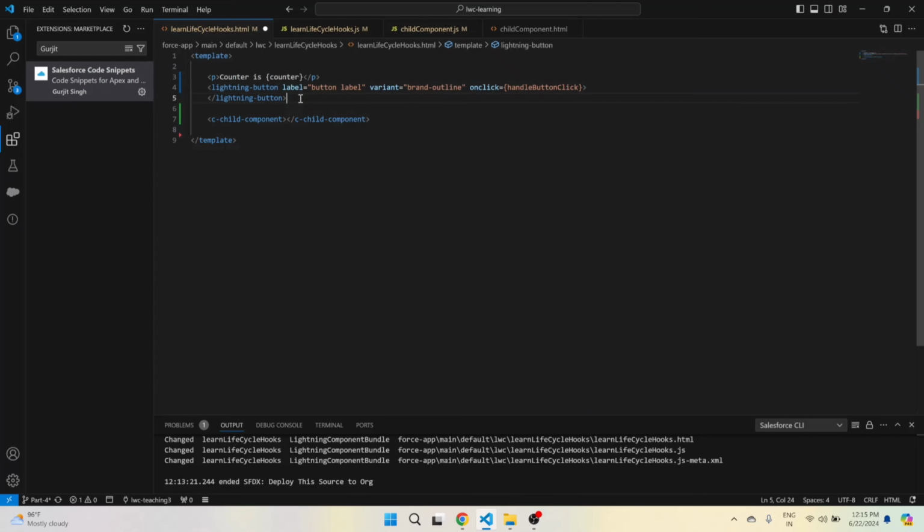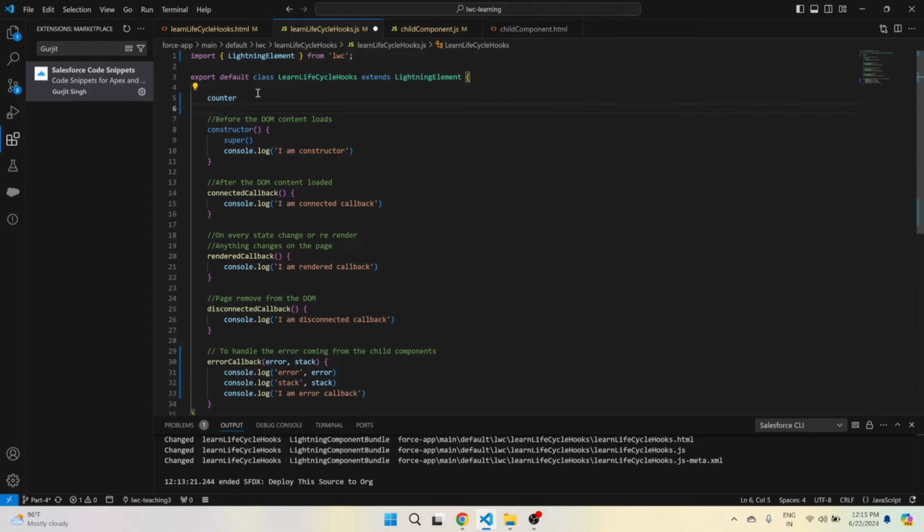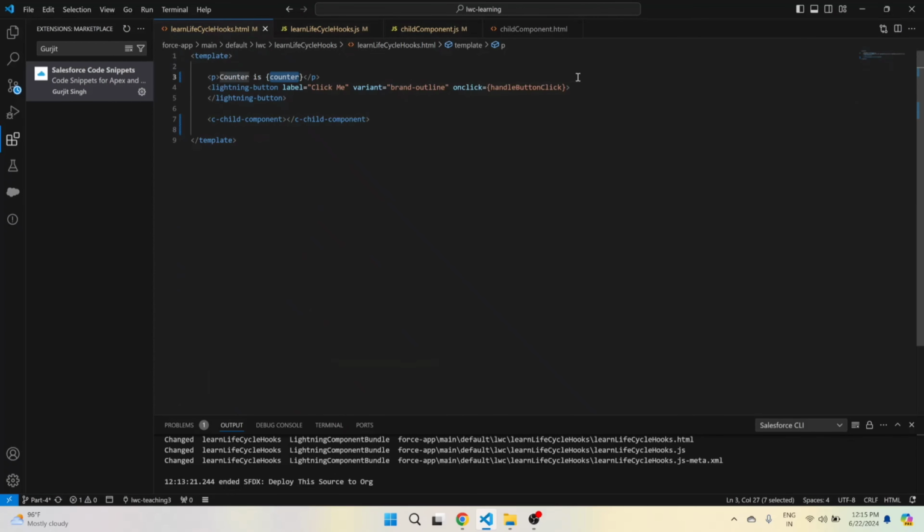So right now we just have one p tag where I am rendering the counter, and we have this button. Instead of giving the name button label, I will give a name as click me. Okay, so I'll declare this counter in JavaScript here. I will set it to 0, and on click of this button,